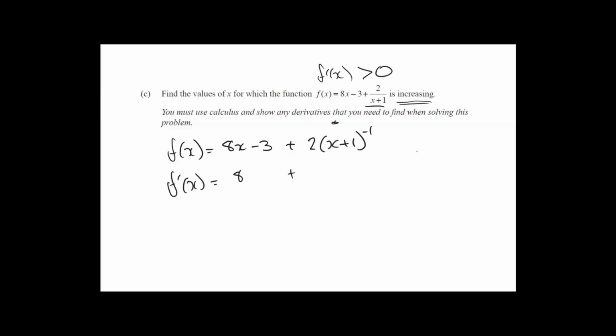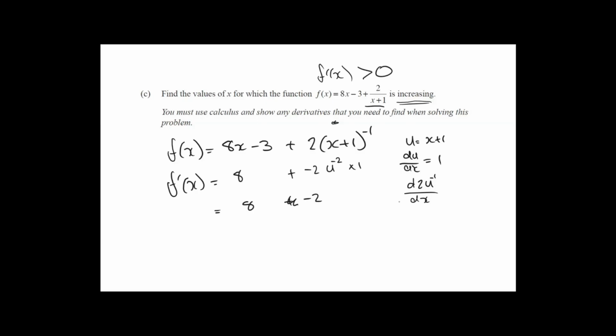Okay, so the second one, I'm going to use u substitution again. I'm going to use the chain rule. So I'm going to say let u be equal to x plus 1. So therefore du dx equals 1, which is good. So that means we're going to differentiate 2u to the power of negative 1 with respect to x. And when we do that, we get negative 2u to the power of negative 2 times 1 here, du dx, which is going to be 8 plus negative 2,